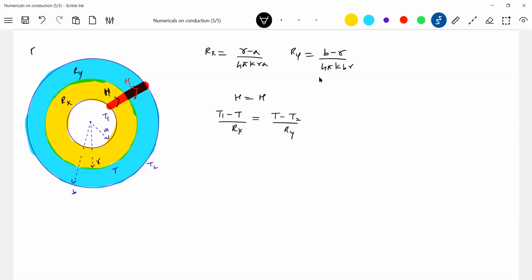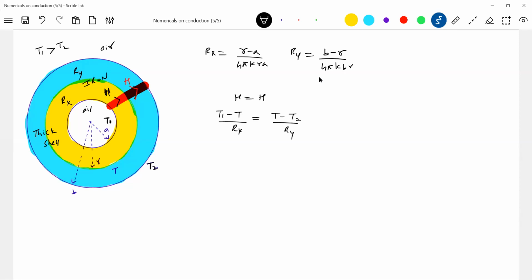Here T1 is greater than T2. Where is T1? This is T1, the temperature of the inner surface. T2 is the temperature at the outer surface of a thick shell. This everything is a thick shell, not a circular disc with a hole. A thick shell of inner radius a, outer radius b. This is air, this is air, and this everything is iron.